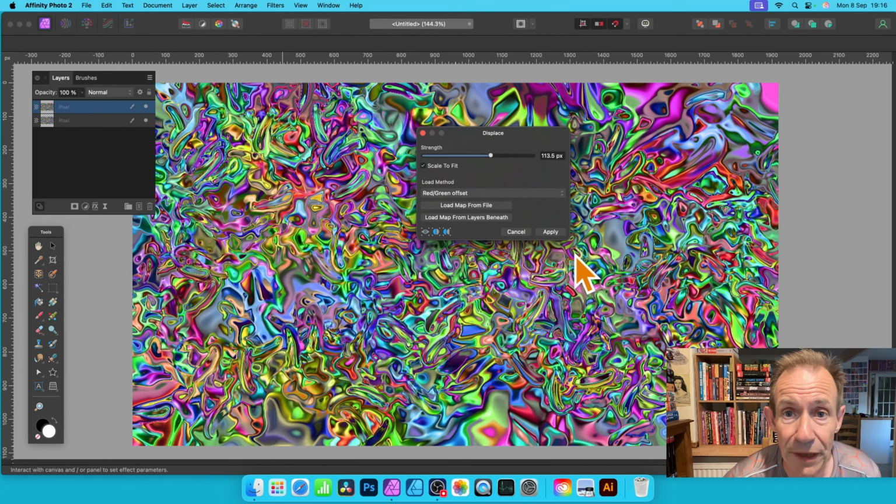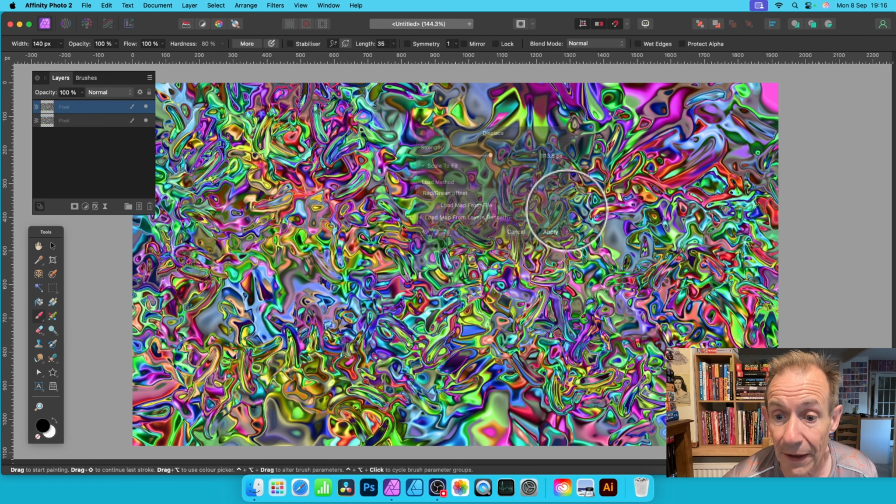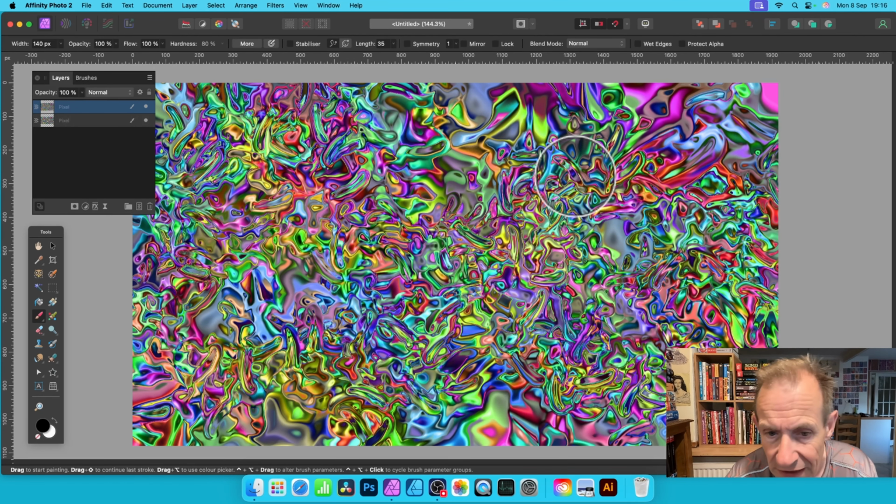Though I wish they would have some option where it just basically does the loading of this layer without needing to do it. It would be nice if it could just duplicate that in another button, but still they haven't got that. So load map from layers beneath and click apply. And you've got that. Now, the one thing about this is that you might think, well, it's a bit too sharp in places. Maybe. If you want to add some smoothness, which unfortunately is not in the displace filter, what you can do,